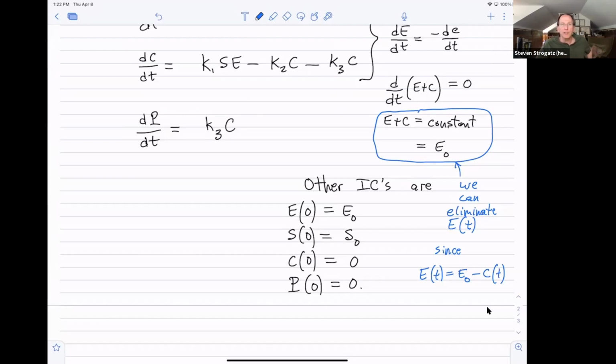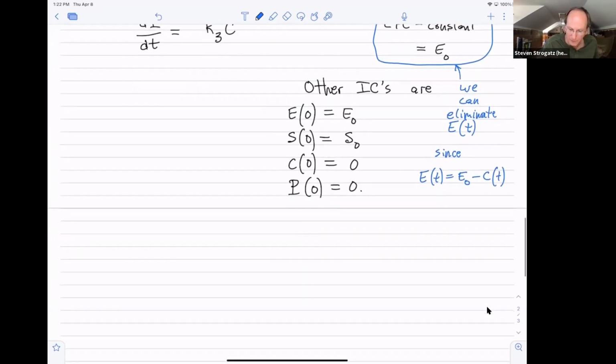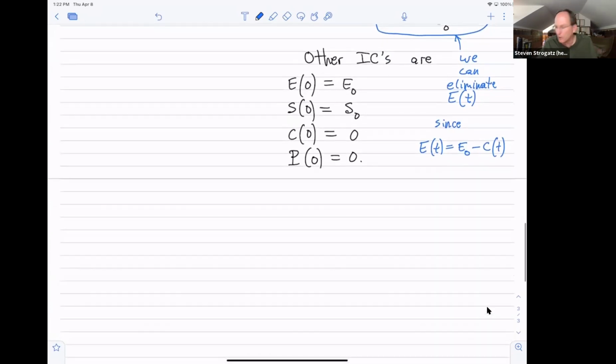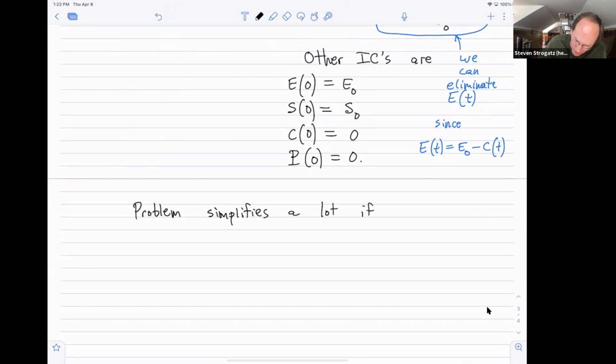So if we assume that the initial concentration of enzyme is tiny compared to the amount of stuff that it's going to catalyze, that will lead to a small parameter that we can exploit to analyze things. And this is what Michaelis and Menten did. They worked under the assumption that the problem will simplify, and it still stays pretty realistic. We'll say more about that later. So the problem simplifies a lot